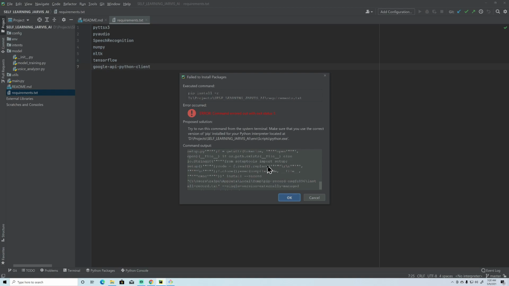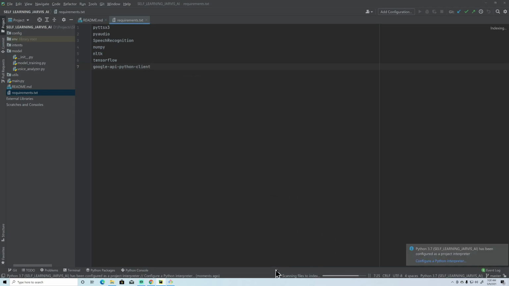Okay, so we got some error. Let's see for which module we got the error. It should be here somewhere. Which module? Port audio. Okay, so it should be PyAudio, right? I'm also getting lots of messages and comments on my videos that people are not able to install this PyAudio module on their system. So let's see how we can install it, right?